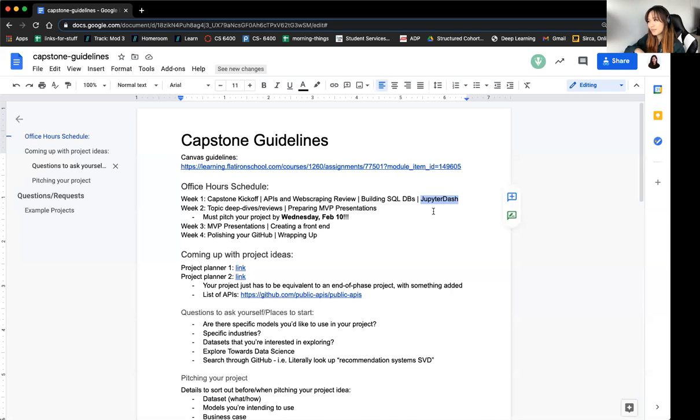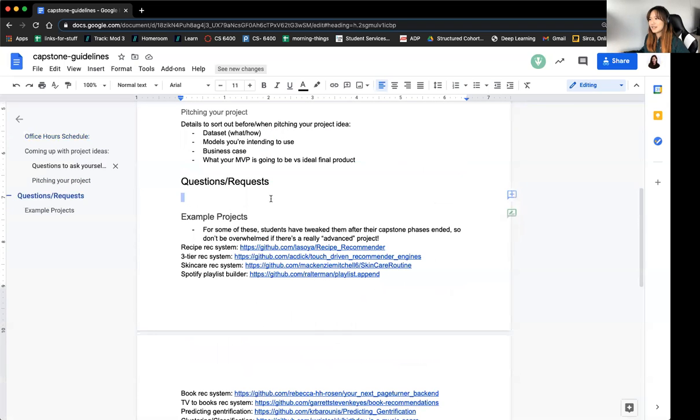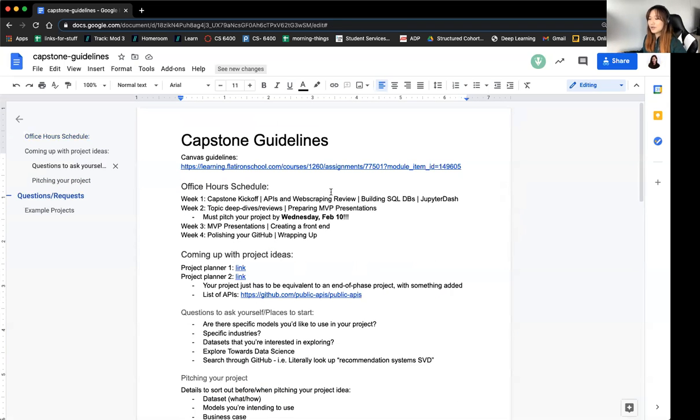So that's what's coming up this week. Next week, it's going to be topic deep dives and reviews. If anyone has any particular topics that you really want a refresher on or something that you are particularly interested in, feel free to let me know. I'll put up a post that y'all can add your suggestions or requests to, or even feel free to throw that in here if you'd like. Or I'll do that based on what your projects are.